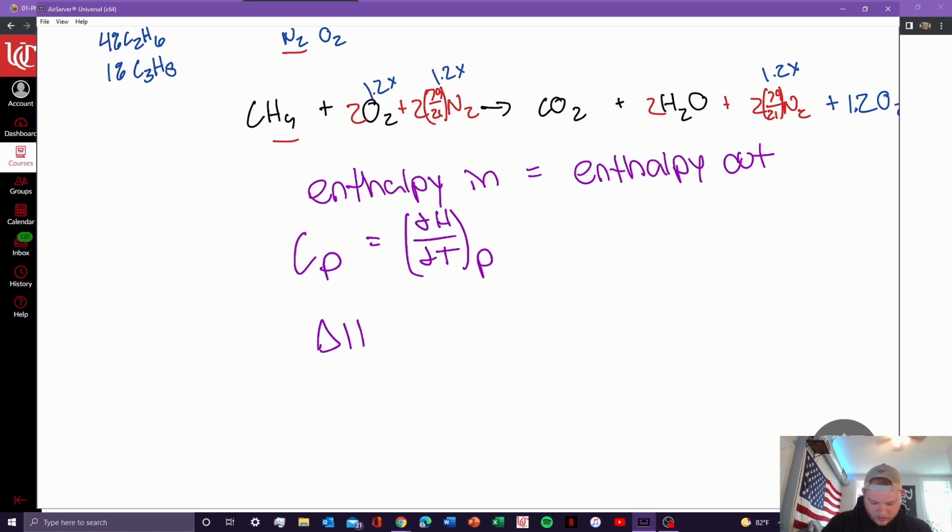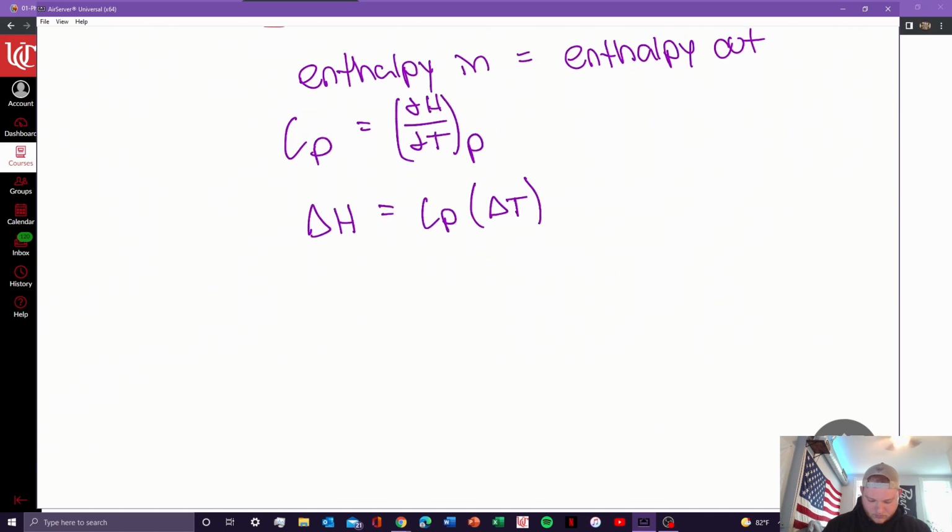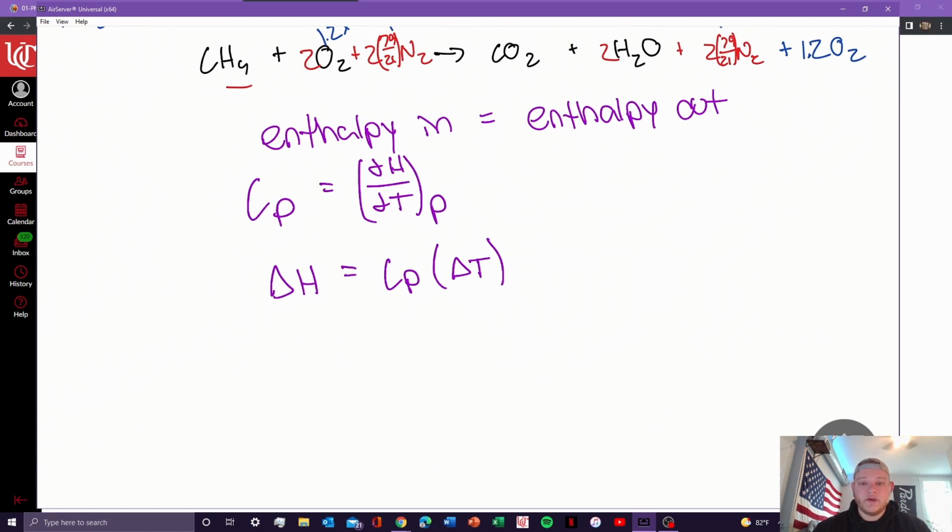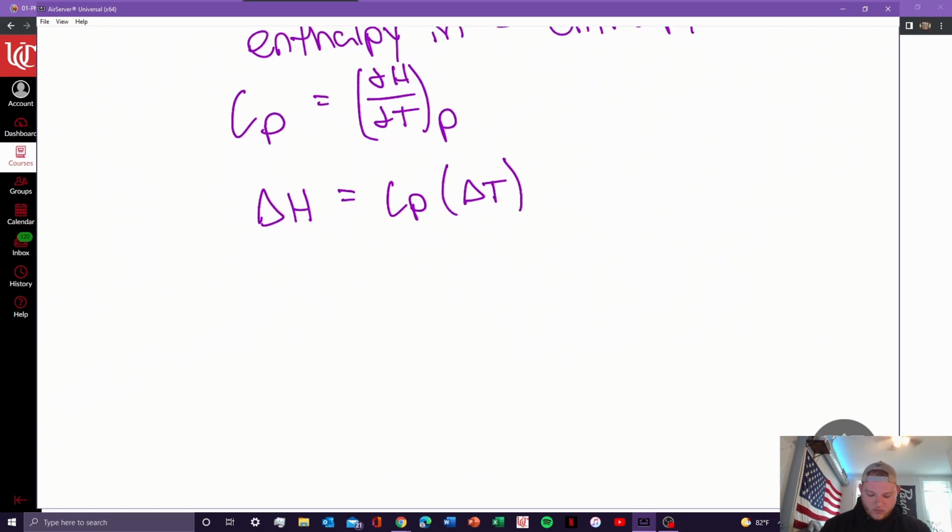So the change in enthalpy is equal to the heat capacity times the change in temperature. So we can use this relationship to solve for the temperature at which the enthalpies will be equal to each other. And we can actually,